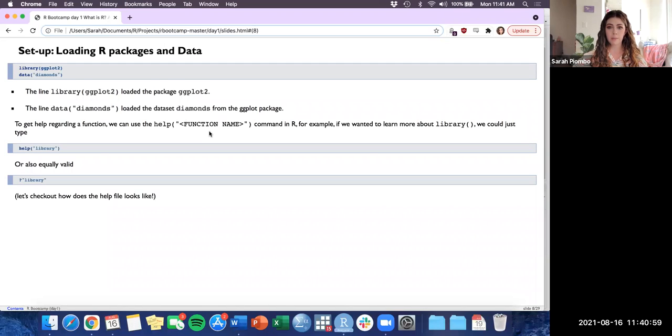R comes with a lot of base functions, but you can install things called packages that basically contain code and functions and data sets that people have compiled in a way that you can easily access. Today we're going to be using the ggplot2 package. You basically will install the package, and then whenever you start a new session, you need to load in the package or the packages that you want to use. So going back over to RStudio,